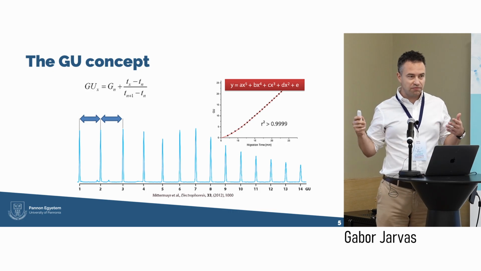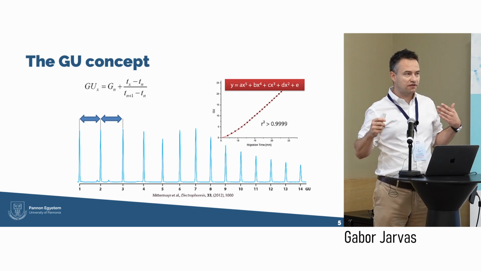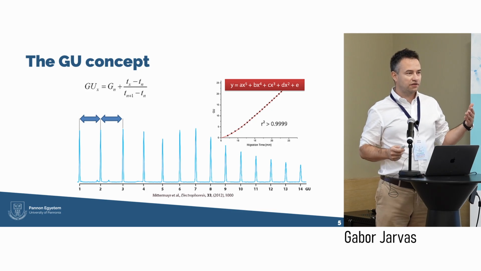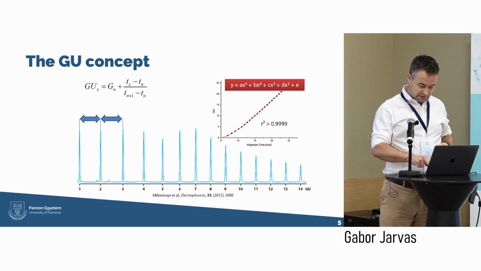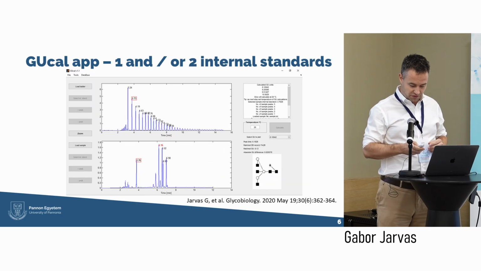It is also good, and as you can see in the R-square, it's very accurate, but in some cases it's not applicable. So when I started at the Guttman laboratory, we automated this GU calculation and developed the so-called GU